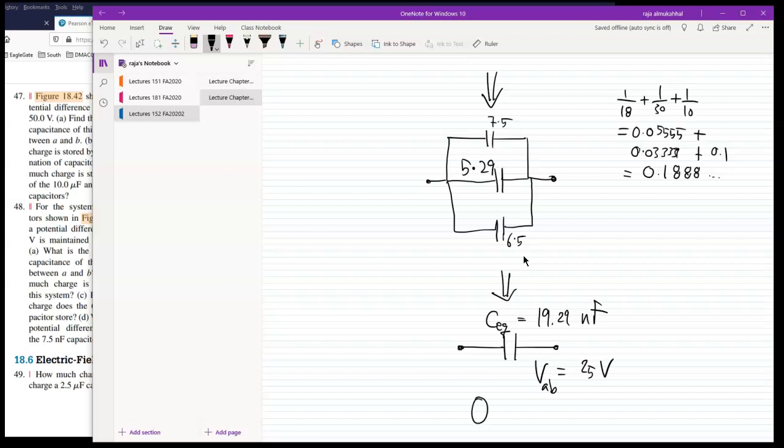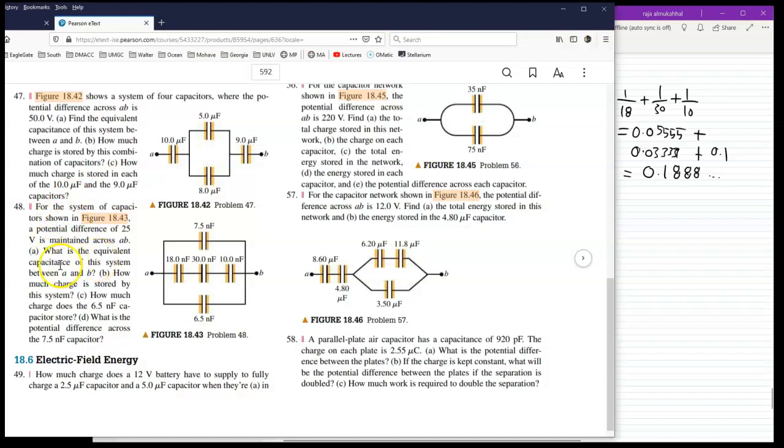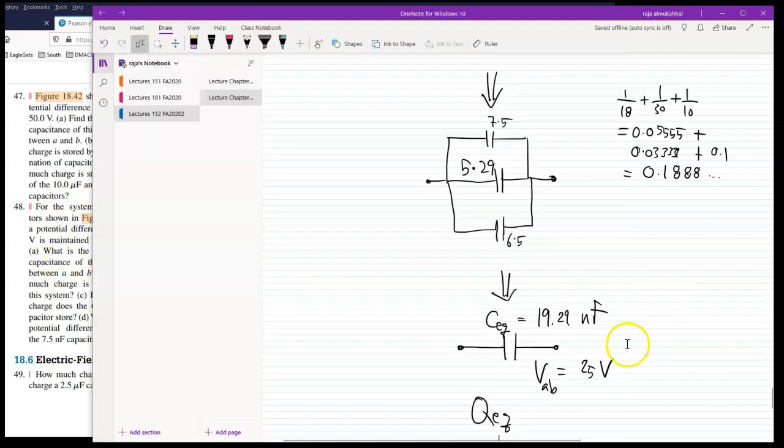Now, all I need to do now is to get the equivalent. That's, I think, part A. We go back to the problem. What does he want for the first part? What's the equivalent capacitance? There we go, we just got it. So the equivalent capacitance, I'm going to write it down here, is equal to 19.29 nanofarad. Okay? Part B,